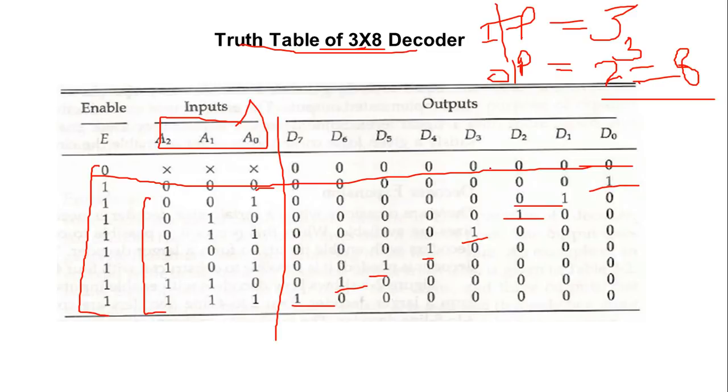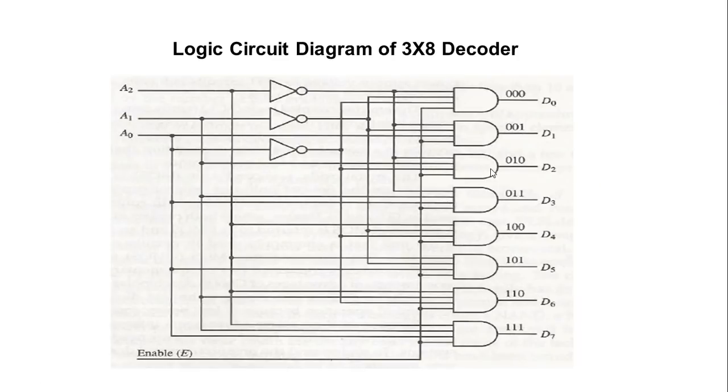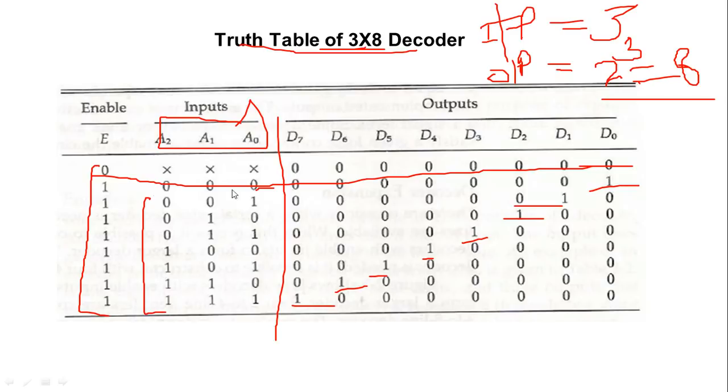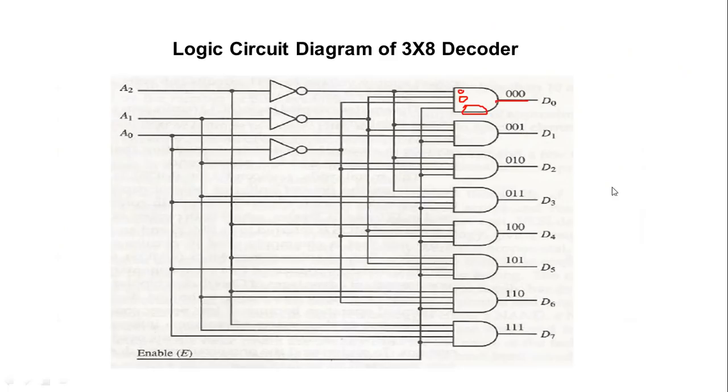No, nothing like that. After designing this truth table, you will be designing the logic circuit diagram. Now, how will it be designed? In the same manner. You should always write with pencil or in rough what you are getting in, what you are expecting in this case. We are expecting 0, 0, 0, right? So if this is 0, 0, 0, only then D naught will actually provide you the output equal to 1. Same is for all the other cases.